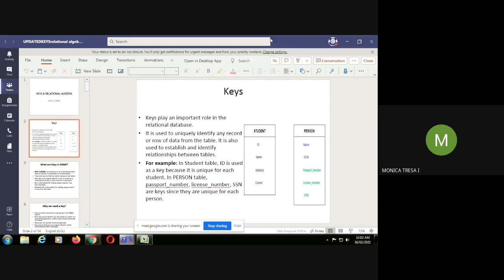Here, student is one table and person is another table. In student we have attributes like id, name, address and course. In person we have name, date of birth, passport number, license number, social security number. So in this table, what is the unique thing to identify a particular student? This id, right? So id will be considered as a primary key in order to uniquely identify a particular student